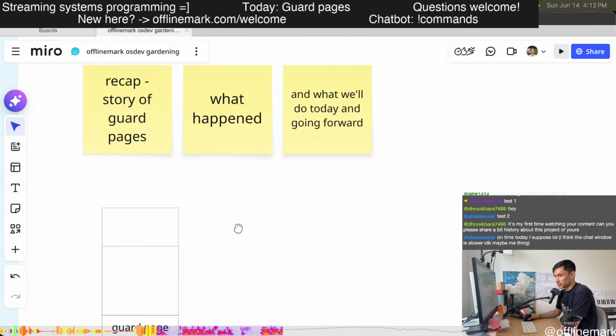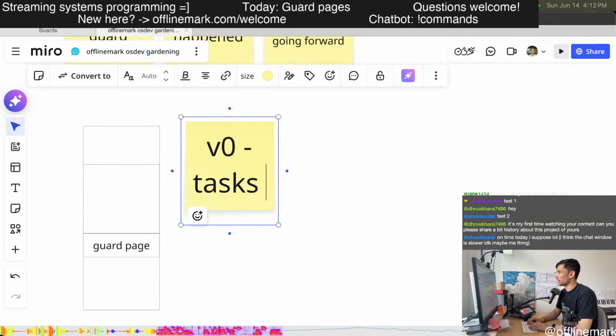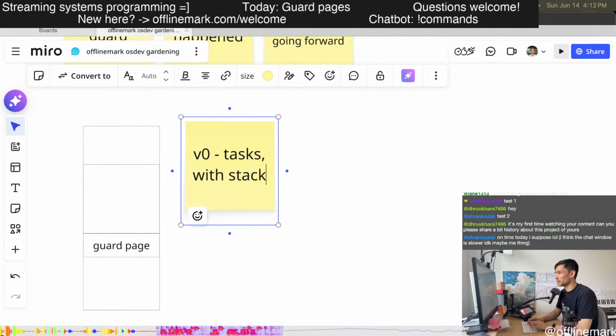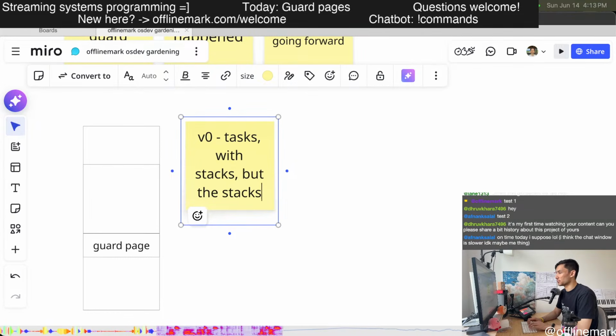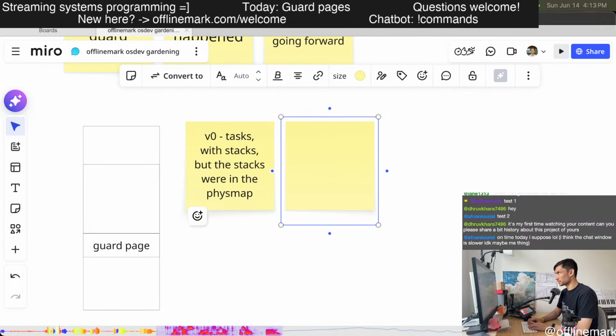And the general way the story goes is in the initial V0 of this, I had tasks, and they had stacks, but the stacks were in the phys map, in this region of virtual memory where all of physical memory is mapped.